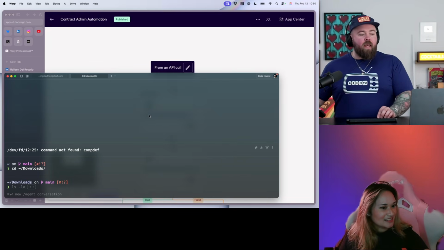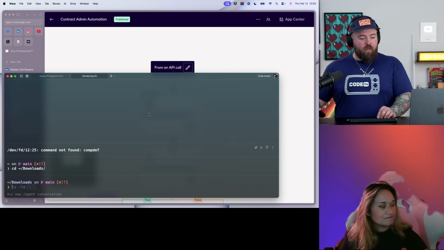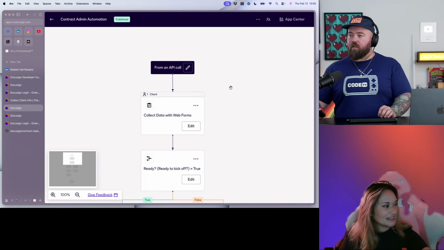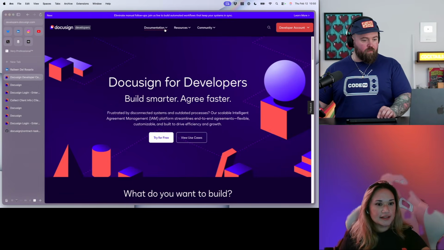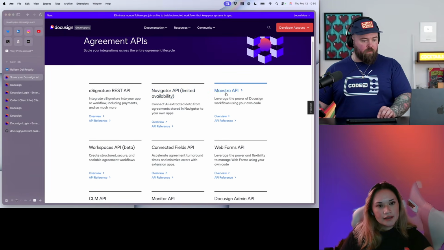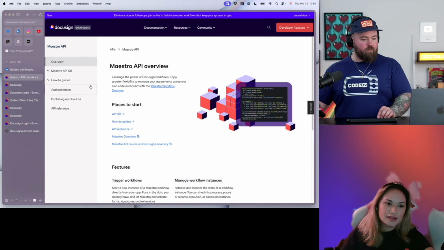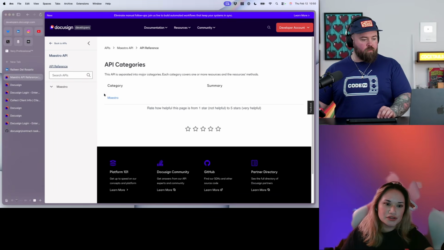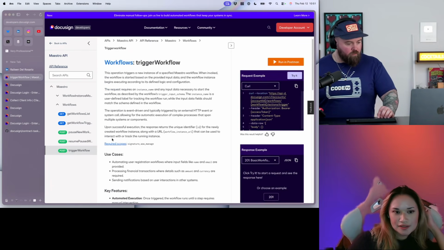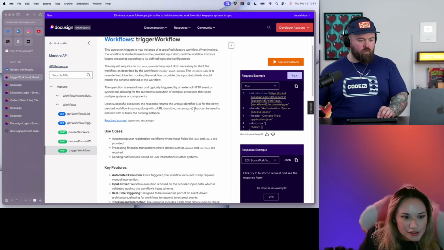If I want to send out a curl, how do I get the API endpoint that I would hit? Yes, so you would get this from the API reference page. So I'll point you back to the Developer Center documentation. Let's go APIs, Maestro API. Yes, that's the one. And then you can do API reference or the how-to guide. Either one's totally fine. We'll do workflow. So there are all of the workflow management endpoints, right? So this is triggering the workflow.